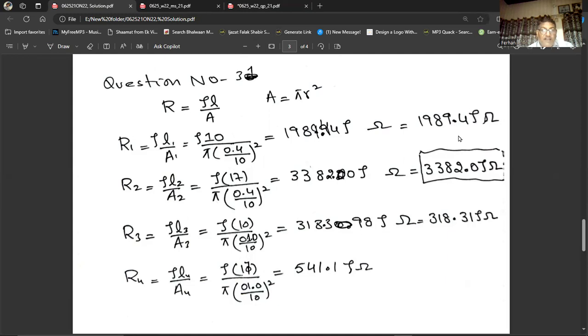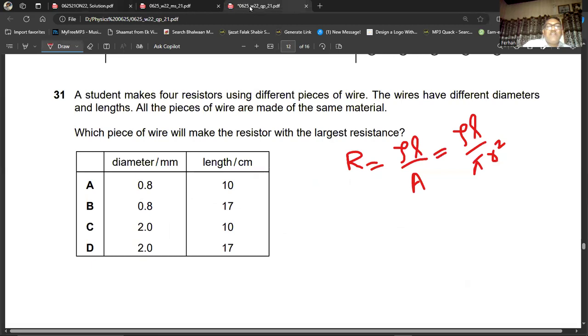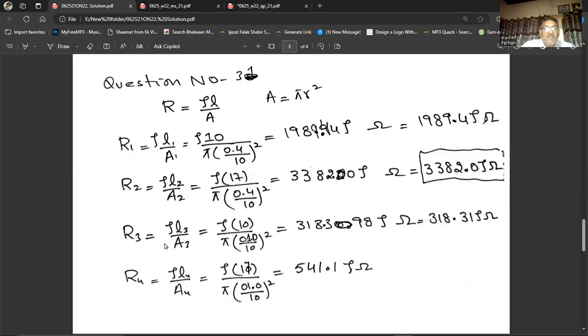All of them will have this word rho, which is the resistivity. Sorry, I said density. It is the resistivity. When I was trying to explain, I used the word density. This is resistivity. Okay. So then I will find out R3, that will be rho L3 by A3, that is rho into 10 pi, 1 divided by 10 whole square, and that will be